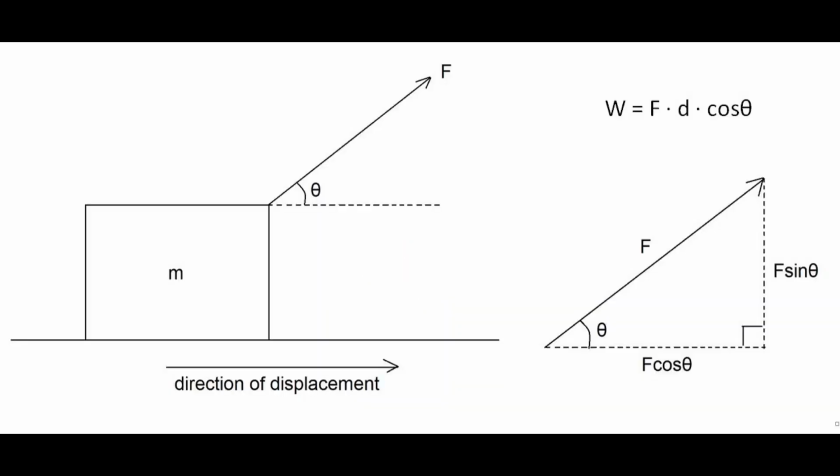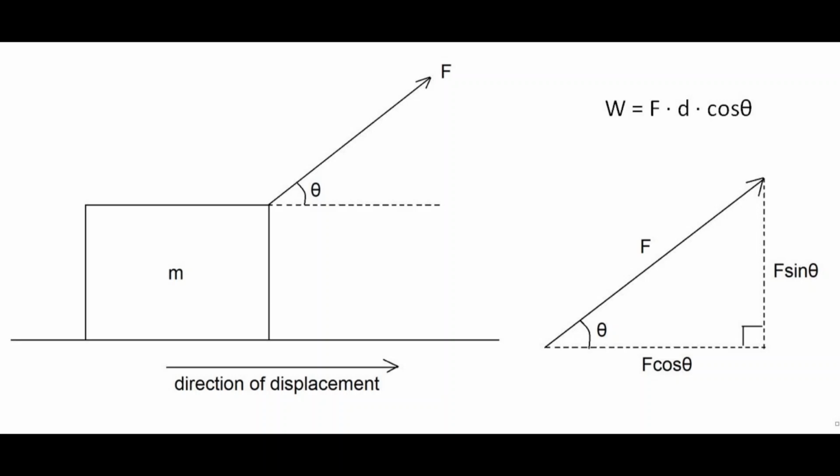For this diagram, you've got a force acting on an object, but at an angle. So in this diagram, you've got force acting northeast, let's just say northeast, at an angle upwards, but the direction of the displacement is horizontal. So supposing you're pushing this box to the right along the floor, but because you're applying the force at an angle and it's moving to the right, you only need the component of the force that is parallel to the